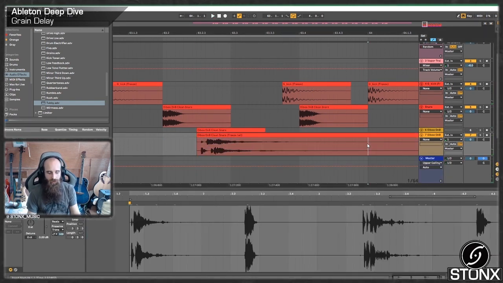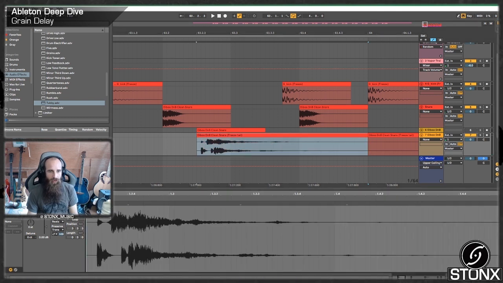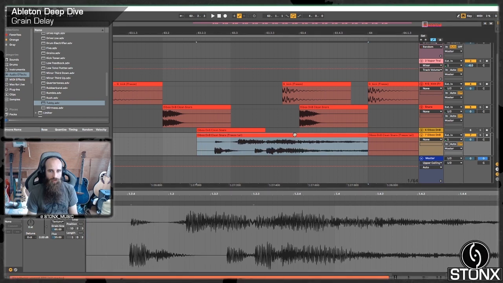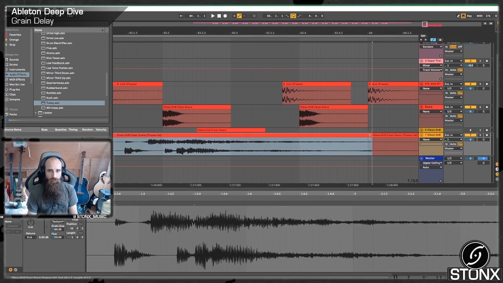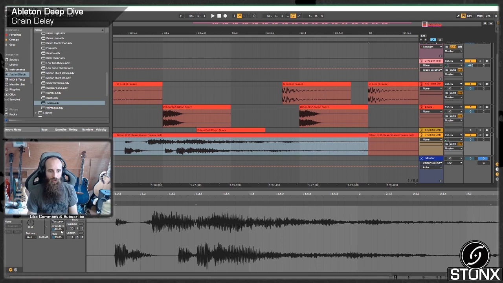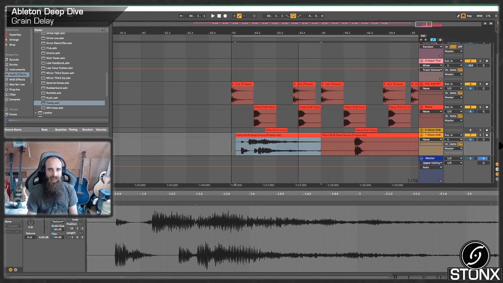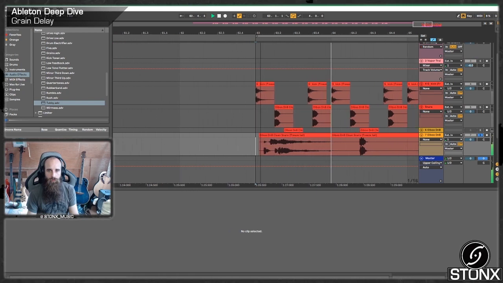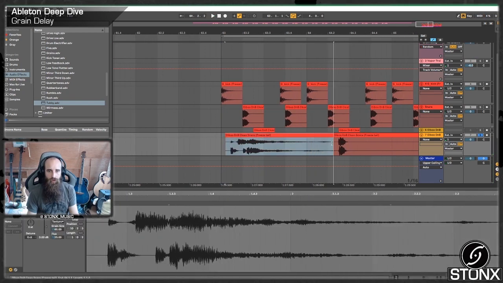So we could then take this, E to cut it, warp mode, let's go from beats to texture, times 2, times 2, times 2 a few times, and move this forwards, move this here, and then have a look at our grain size and flux. So this is essentially the same thing. This grain size is the same as what the grain delay is doing. So let's have a quick listen to what we've just done by stretching it, breaking it into these different grains,